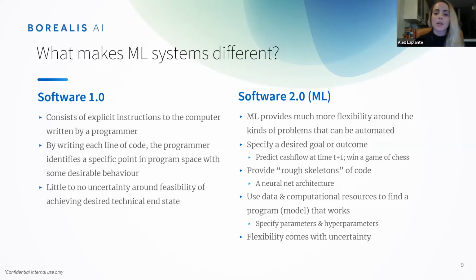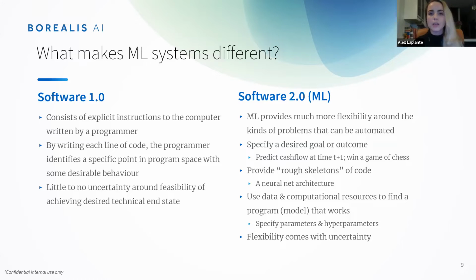In order to do that task, what we're going to do next is provide a rough skeleton of code. And generally that rough skeleton is some form of model architecture. So it could be a neural network architecture. And that neural network architecture has some gaps in it. There's some things that we have to figure out to complete the code. And we complete the code via data, and of course, using our wonderful GPU cluster at Borealis to run some experiments. And what that allows us to do is specify all of the parameters and the hyperparameters within that model architecture. And what we're really trying to get at is a program that does that task that we want to do. But remember, we're inferring based off of history because we're using historical data.